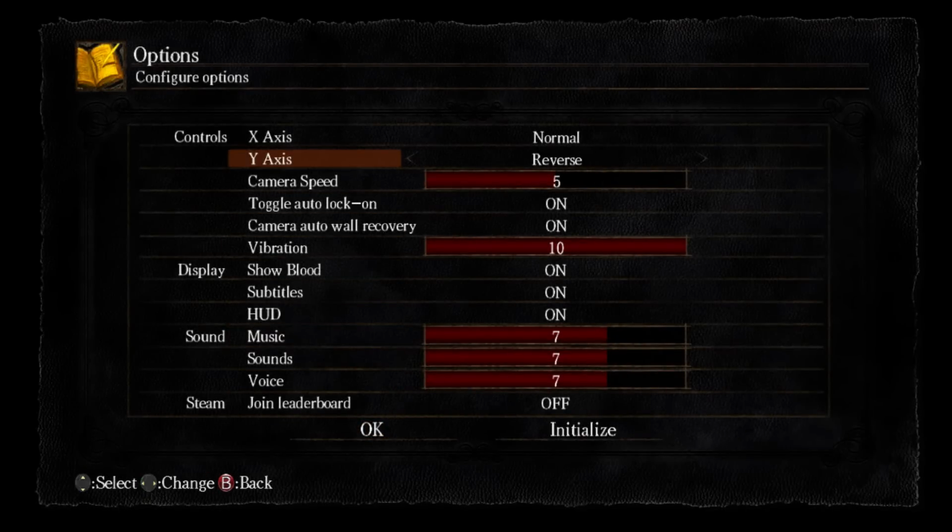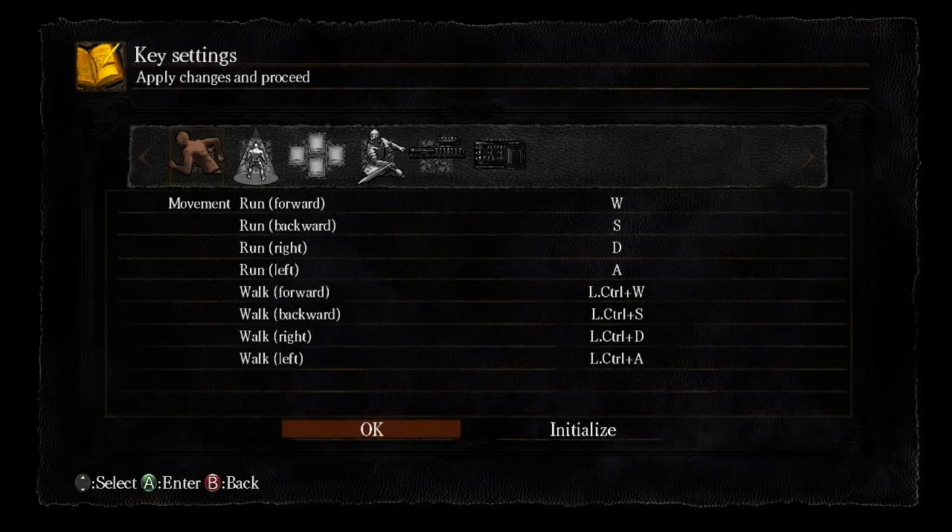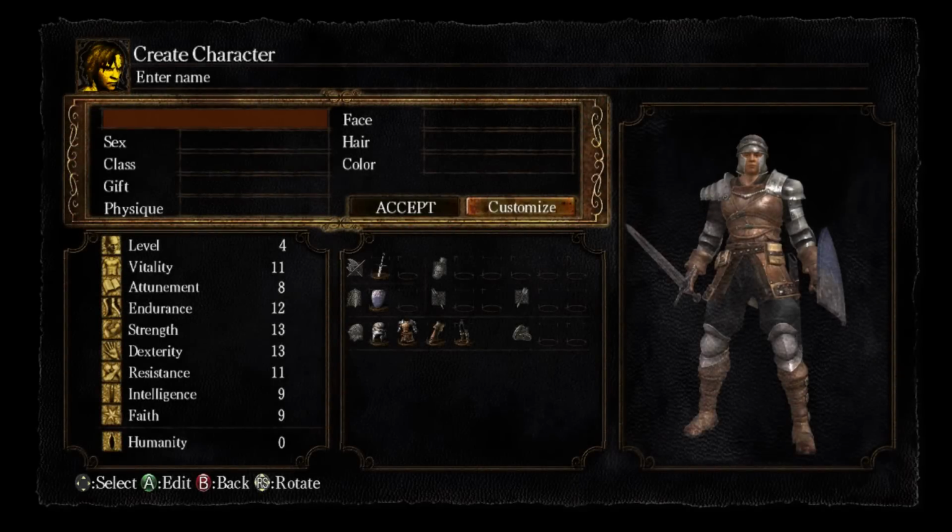One change, reverse Y-axis. Reverse here. Let's see here. Everything else should be just fine. We'll go okay and start up our game. And we're going to be using my Xbox controller for this. Let us start by entering a character name, and of course, it will be